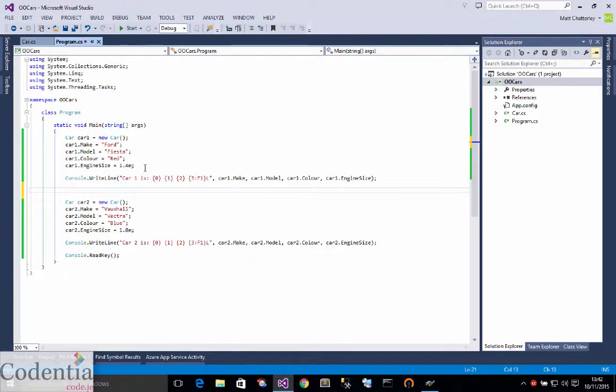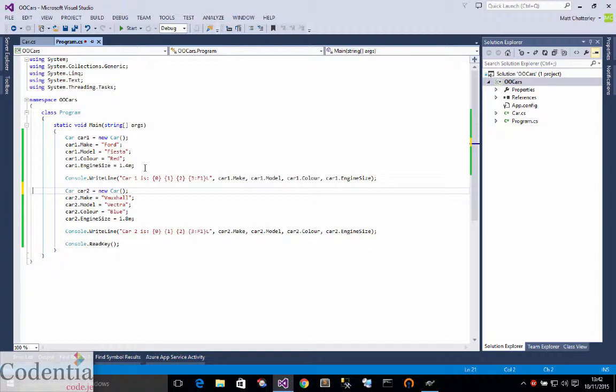Down here, let's say instead of defining a new one, I reuse this one. It's important to remember that I've then lost the original. I've overwritten the values